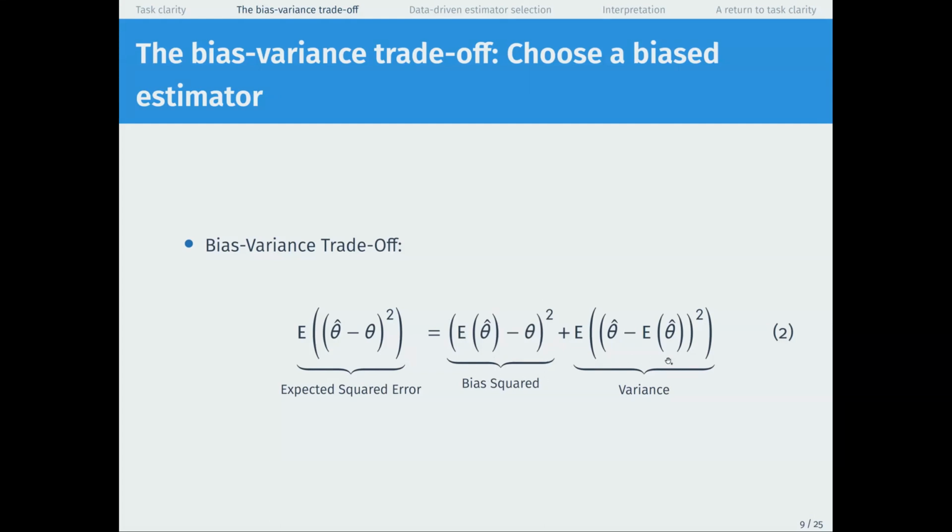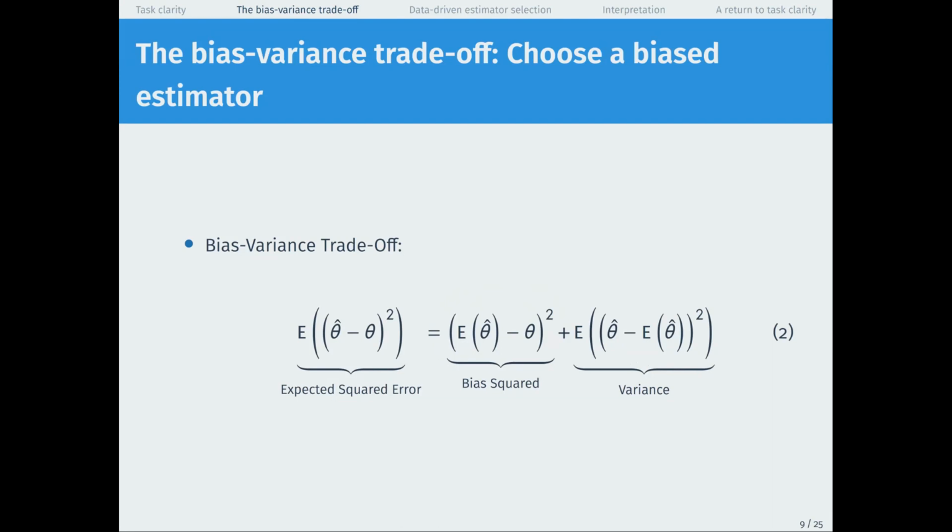Then on the right, we have this variance term. So this variance term says, if I do a bunch of repeated samples from classroom 1, how much do my estimates in those repeated samples vary? Like how much do they have a spread around their expected value, like the mean that I would estimate across repeated samples for that classroom? So these 2 properties are nice to think about because bias is like how wrong I am on average, and variance is like how spread out my estimates are across repeated samples.